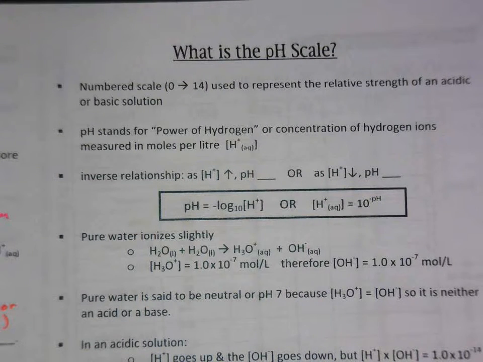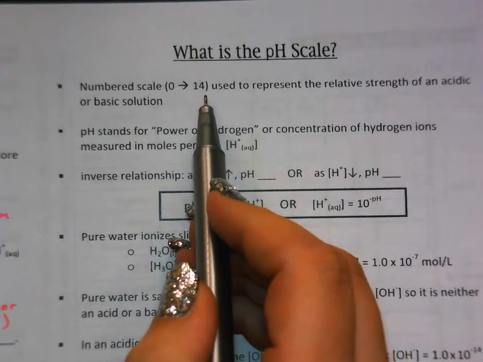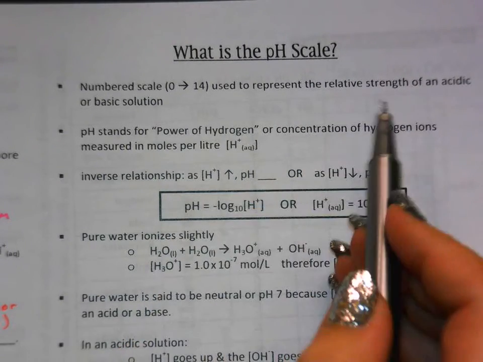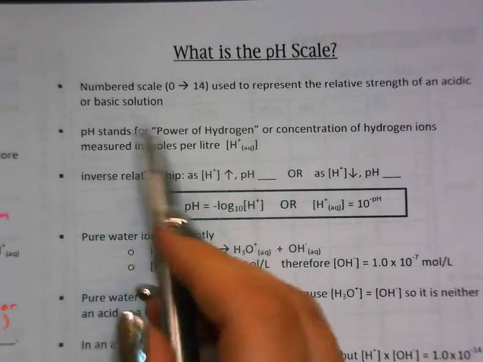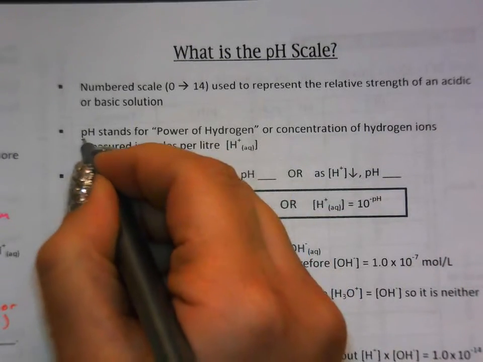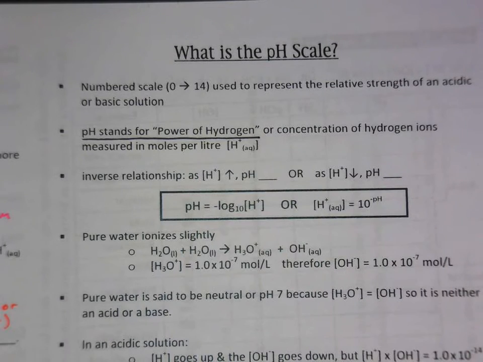We talked about pH in an earlier unit, but let's cover it one more time. pH scales are what we use to measure how acidic or how basic or how alkaline. It usually goes from 0 to 14 to represent the relative strengths of an acidic or basic solution. pH stands for the power of hydrogen, or concentration of hydrogen ions, measured in moles per liter, and now we